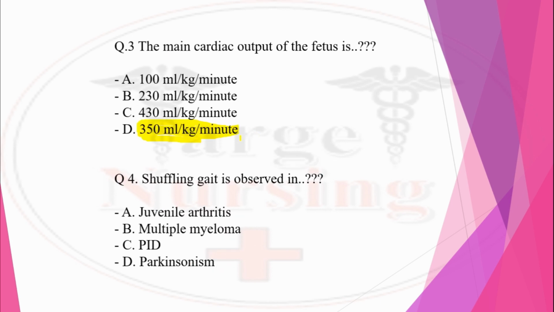Next question is, shuffling gait is observed in. Okay, so here 4 options are there. A is juvenile arthritis, B is multiple myeloma, C is PID, pelvic inflammatory disease, and D is Parkinsonism disease. Okay, so shuffling gait means